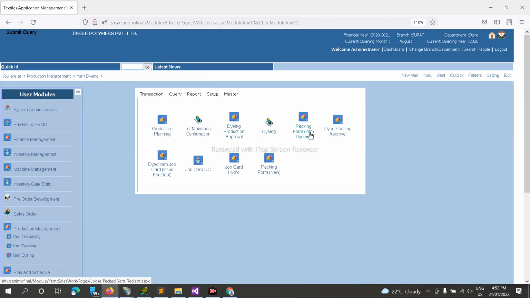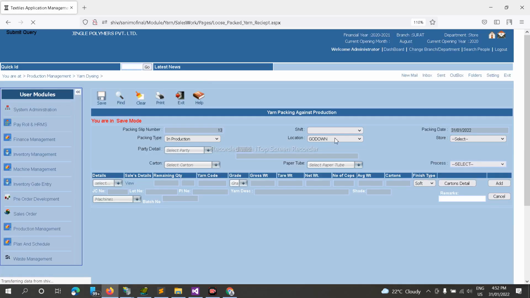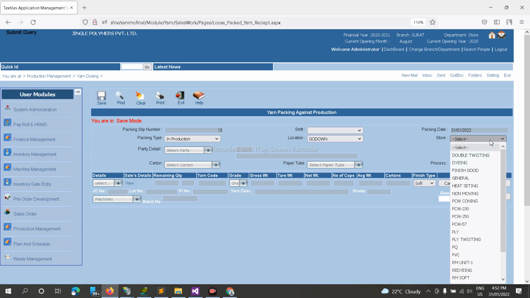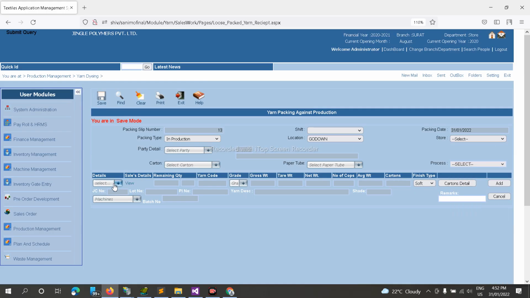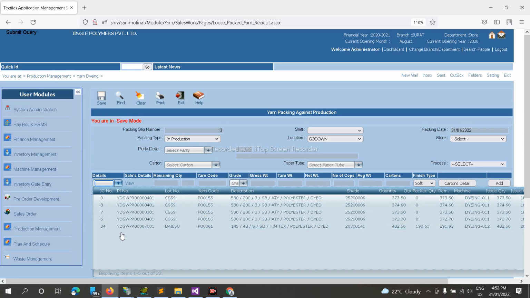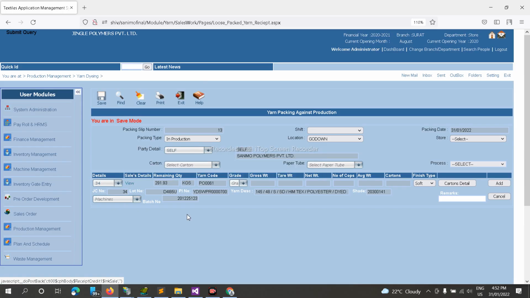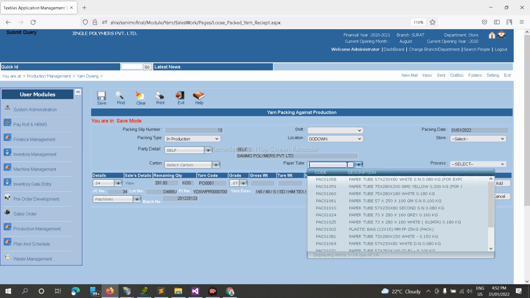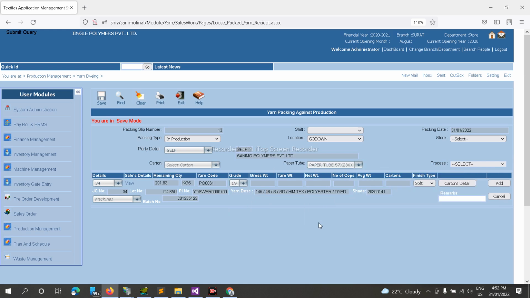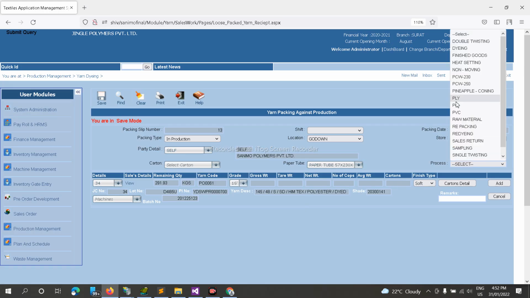Then we have packing from yarn dyeing. Which shift you are doing the packing, which store you are doing the packing. You select and the details are here. You can see the details. This is the final date and order quantity. Okay, you select the grade. Select the paper tube, which paper tube you are packing, what is the process